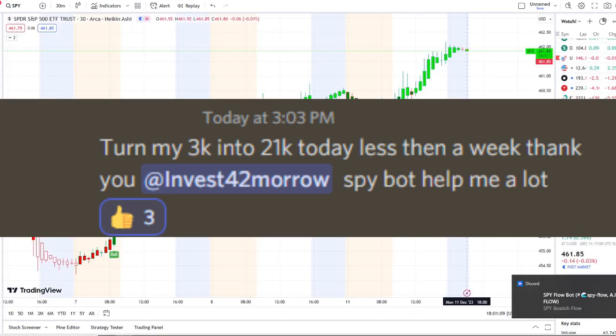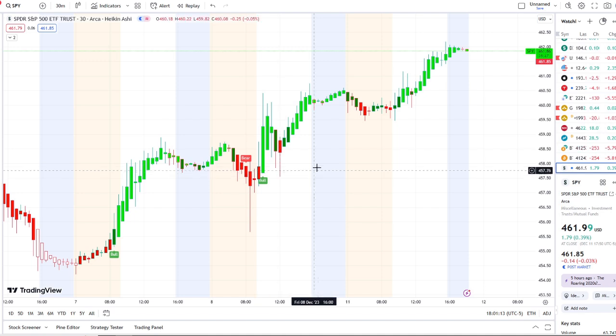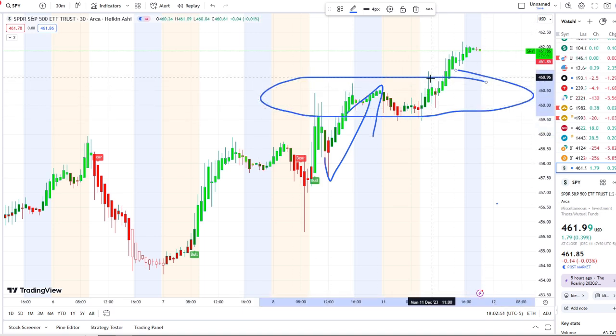So here we are with the SPY, the S&P 500 index, under a bull indicator at the 457.60 level. Came back down towards it in the middle of the day, and it brought itself back up with strength, coming to retest the highs of the day, and today breaking out above the key resistance levels we were watching up here near the